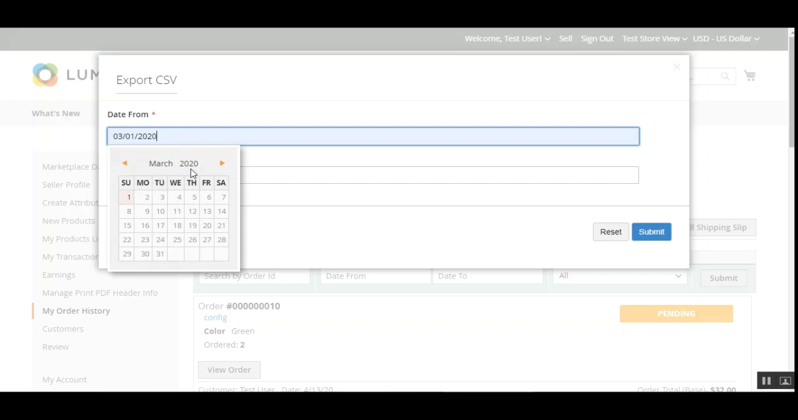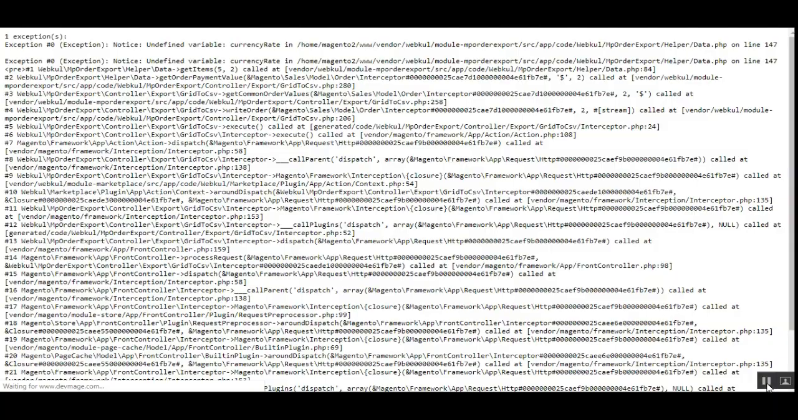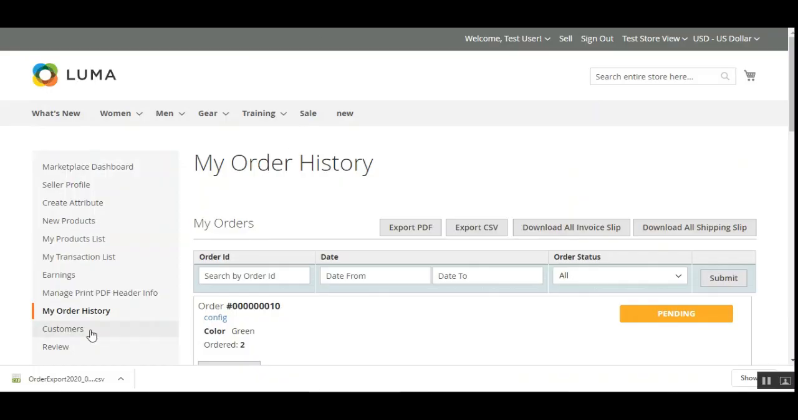Okay, so I'll just go to the next month, and I'll select the date range for the other, and I'll be tapping on the submit button thereafter. So now you can see that the order export for the date range has been downloaded, and the seller can